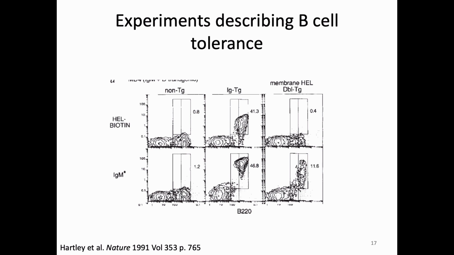You can see that this B cell is likely to have multiple B cell receptors triggered at the same time, right? Because you could have multiple B cell receptors binding to multiple copies of the antigen, because the antigen's kind of close together. It's all on the surface of the same cell. And so you could imagine this B cell gets a lot of signal. It gets a really strong signal, okay? In this situation,